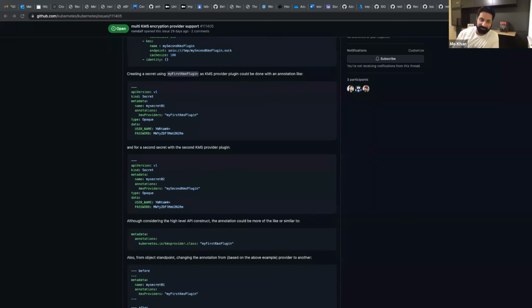Or instead of having it in the encryption configuration, you could have it as part of the metadata of requests made back to the plugin. So the multiplexing could happen at the KMS plugin level itself, saying, hey, I'm asking you to encrypt something, and the namespace that's associated with that something is foobar.